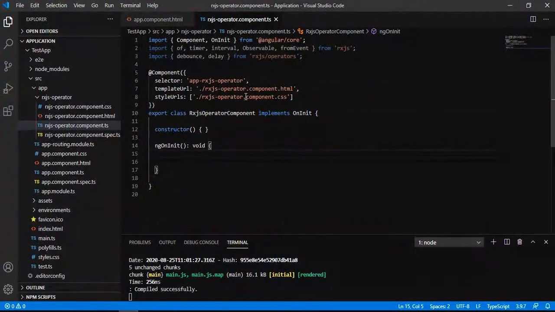So we have created an Angular application and we have added a sample RxJS operator component. There we will simply apply the common use of this particular debounce operator. We will define a simple observable source.